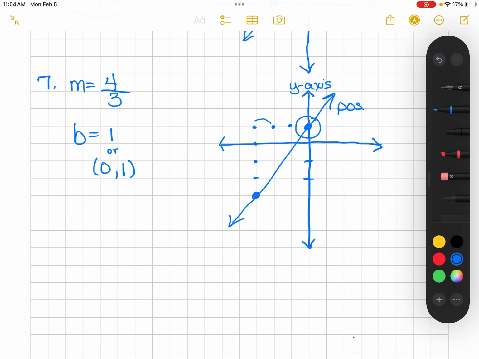Don't write both of them, just write one of them. Because if you write both of them and you wrote one of them wrong, then I'm going to count it wrong, even though you have one of them right. So make sure that you just write one of them. Okay, that's 5 and